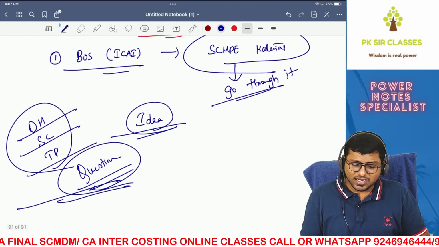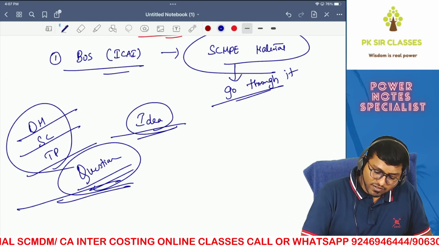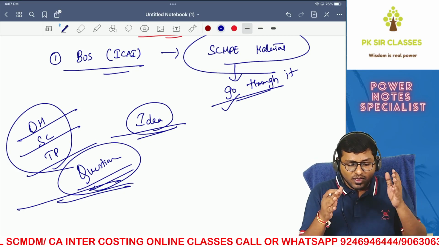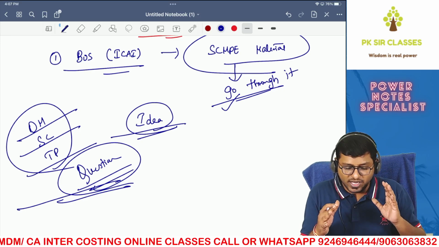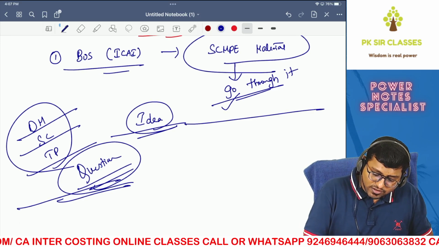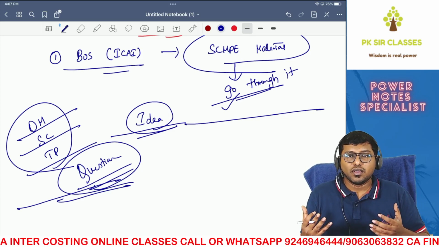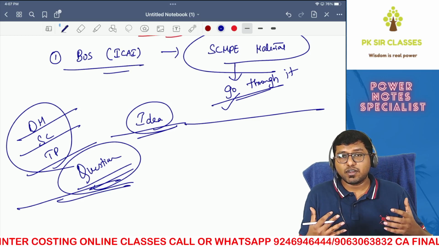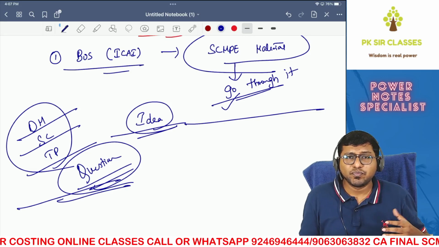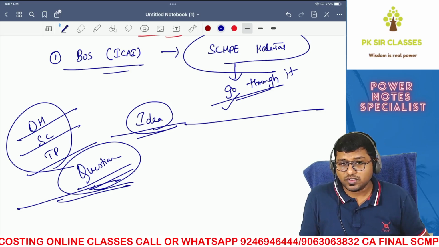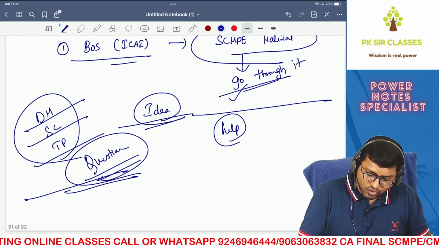Now here it depends upon what your mindset is. If you feel that, yes, I can go through self-study, then definitely go for self-study. You have the material with you. Better than ICAI material, there is nothing in the market. For everything, ICAI material is the basis. Next, in case you feel that, no sir, as you have told us, there is a lot that is new and entirely it feels different for us. In fact, there are certain students for whom theory feels very difficult, and it is very difficult for them to construct sentences and all those things. Then you need help. So then you can go for coaching.